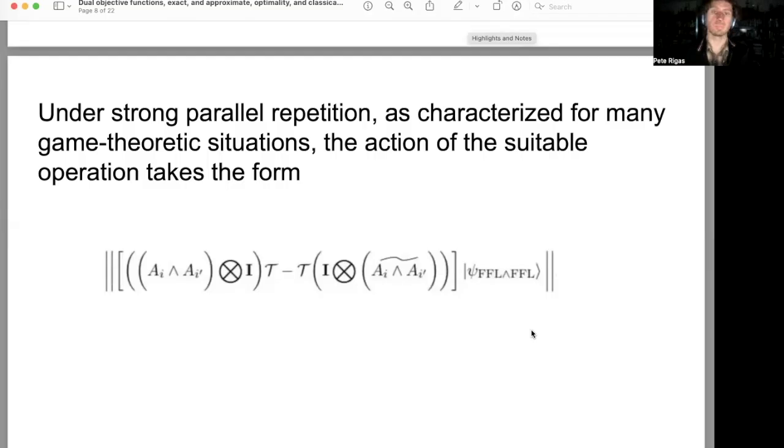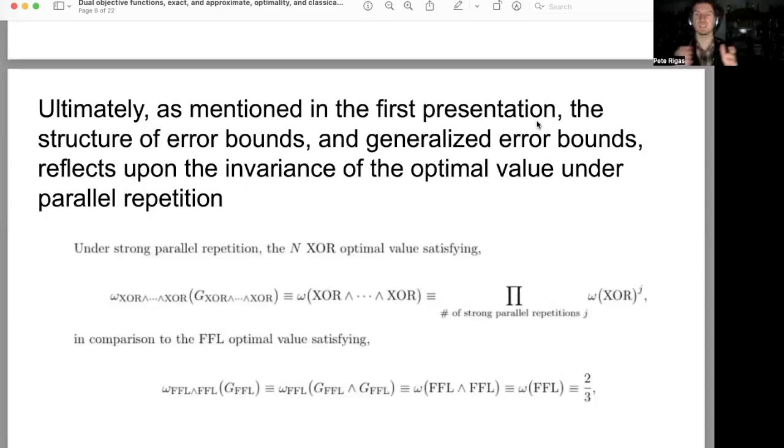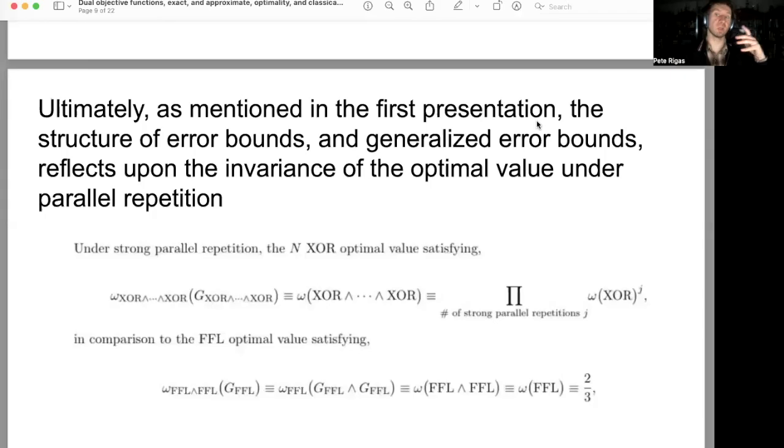And ultimately, as mentioned in the first presentation, which is even kind of bringing everything full circle, so to speak, the structure of the error bounds and the generalized error bounds reflects upon invariance of the optimal value under parallel repetition, which again, like we've been saying, we've really been seeing this type of difference in terms of how the optimal value is likely to behave when we're going to perform strong parallel repetitions, namely whether the maximum probability of winning the game is going to be multiplicative, namely it's obtained as given in the first case from the XOR case by taking a product over the number of strong parallel repetitions little j of omega of XOR, namely the optimal value and the maximum probability under a quantum or classical strategy raised to the j,